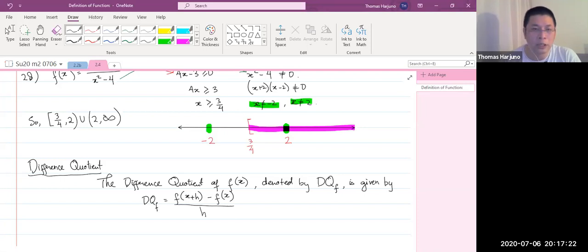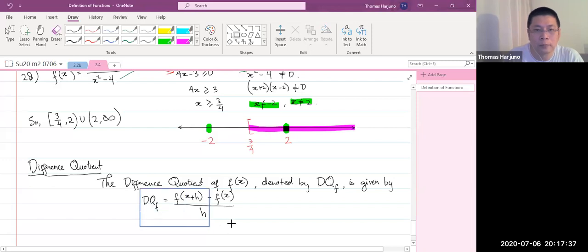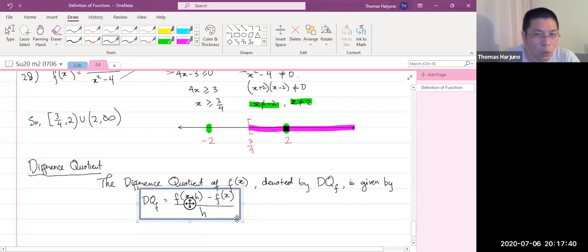Now, because this is so important in your calculus class later on, you will see that I always ask this question in my, at least in my test one. I will provide you this formula all the time. When I ask you difference quotient, then I will always give you this formula. But once you go to calculus, you have to memorize it though. Okay, and that's the formula. Then how do you apply that? Then simplify as much as possible